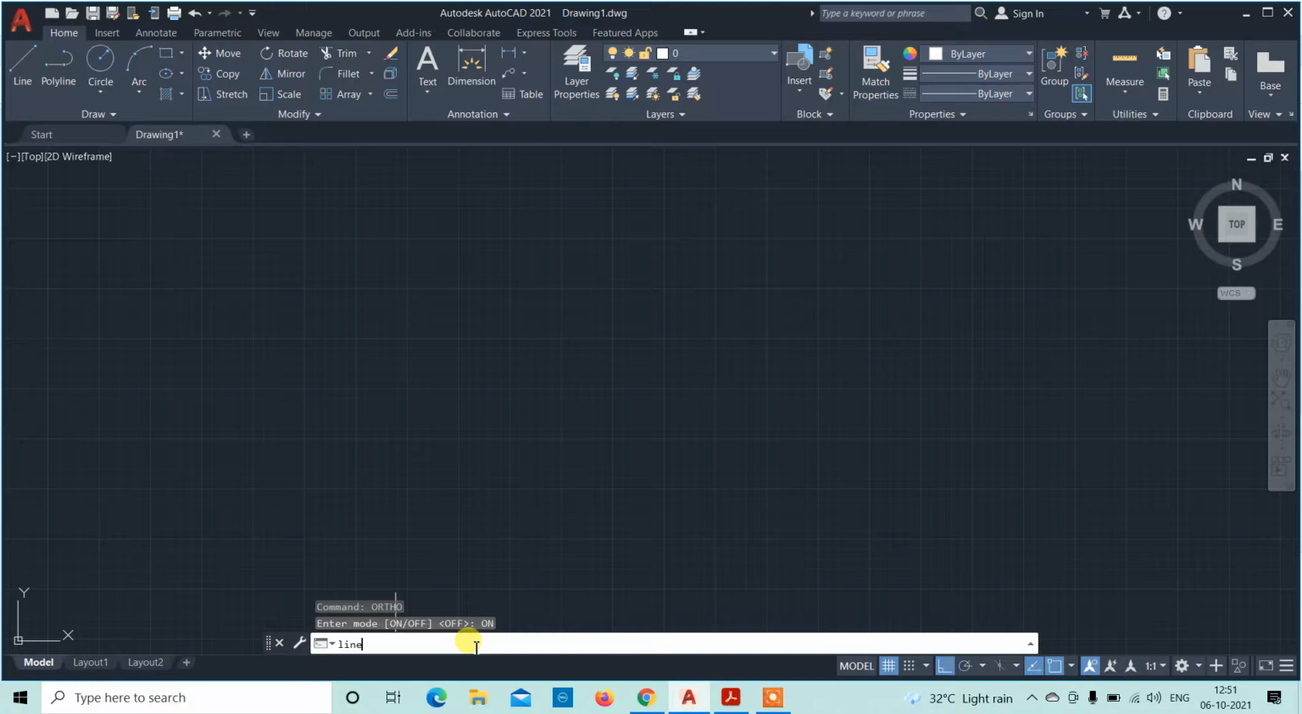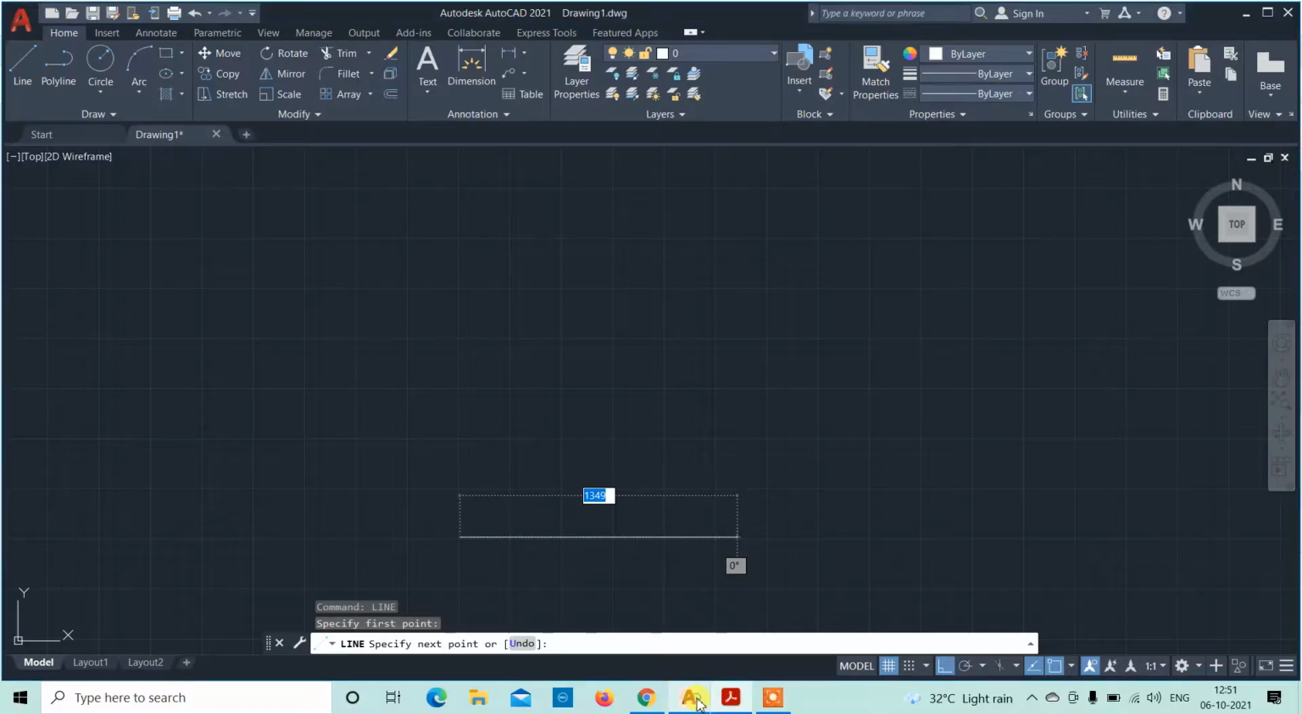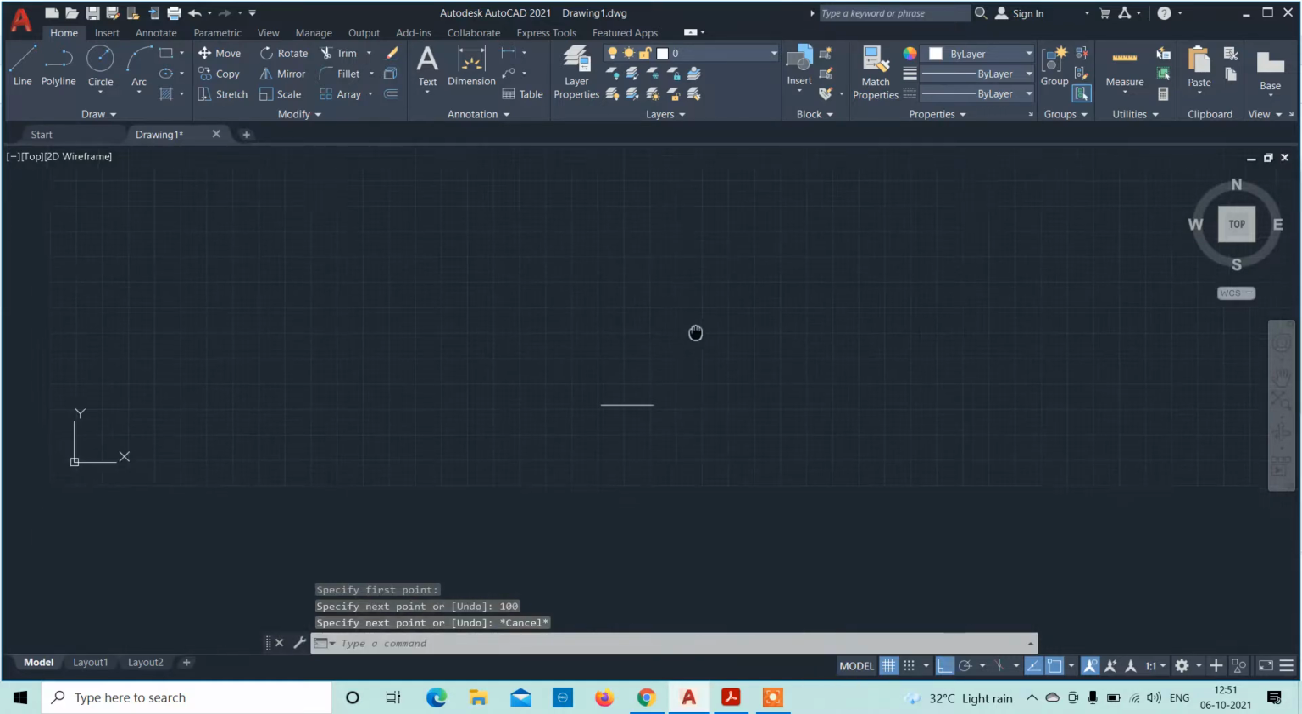Okay, then use line command to construct a rectangle. You can see the dimensions are 100 and axis is 80. So sorry, we are not going to construct a rectangle, we will be constructing a triangle. So first draw a base for a length of 100 mm. Okay, so this is 100 mm. Then from the midpoint draw a line